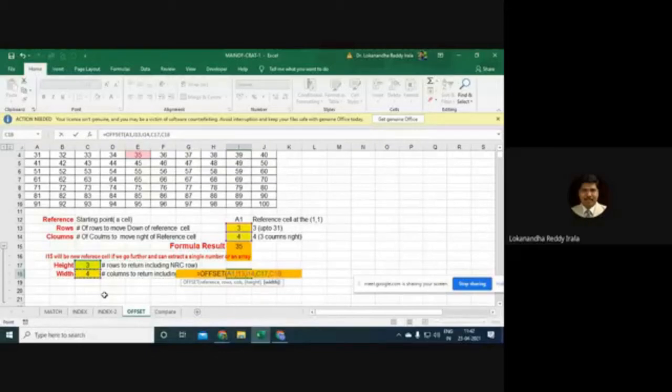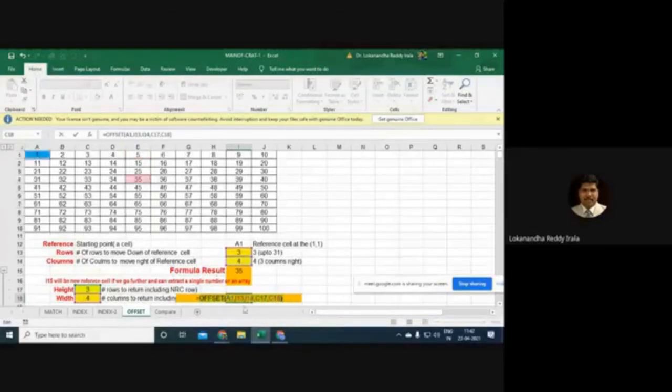Here, we would get the partial matrix. It's not going to be a number now. Start from 35. Go 3 rows, that is 35, 45, 55. Remember, here it is including the 35.